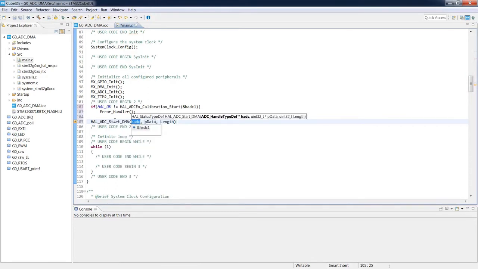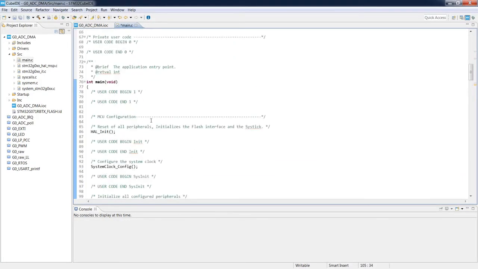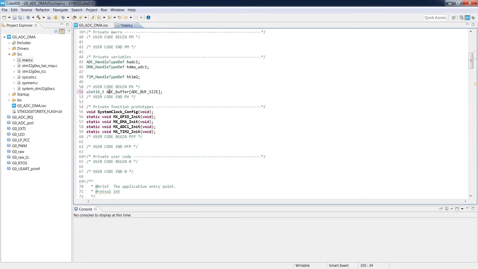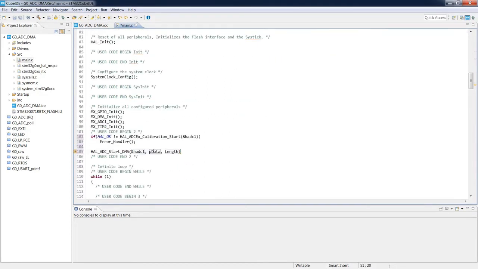The first one is the handler to the ADC we are using, so this is hadc1. Then there is a pointer to the buffer where the data should be stored, and the length of this buffer. So the first argument is the pointer, then there should be the buffer name, so ADC buffer, and its length.